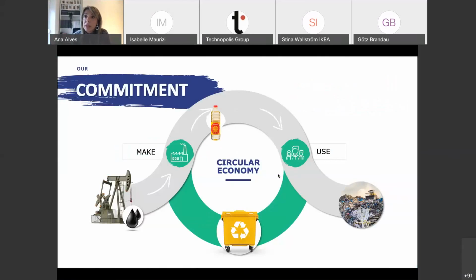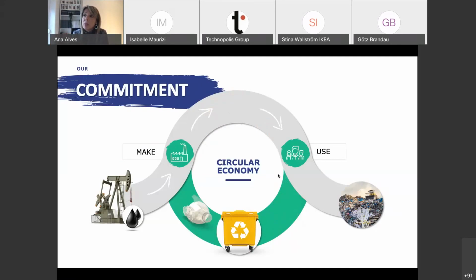As we heard before in the IKEA example, most of our packaging also comes from virgin materials. We extract raw materials, we produce packaging, and when products are consumed, usually this packaging has only one destination: garbage. And once we know this, we cannot remain indifferent. So we decided to accelerate and lead the transition from a linear system to a circular packaging system where the materials that we use don't become waste, but new packages.